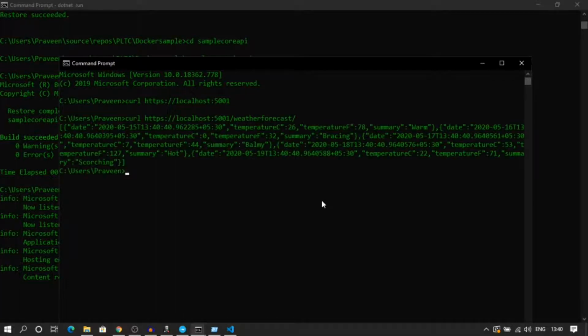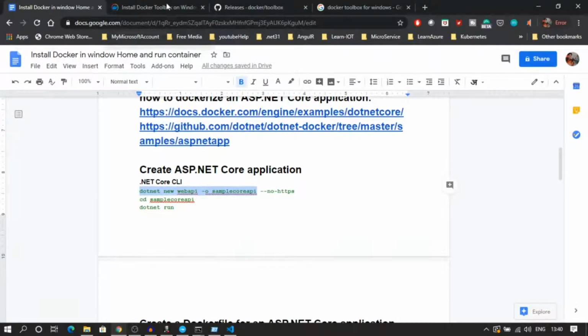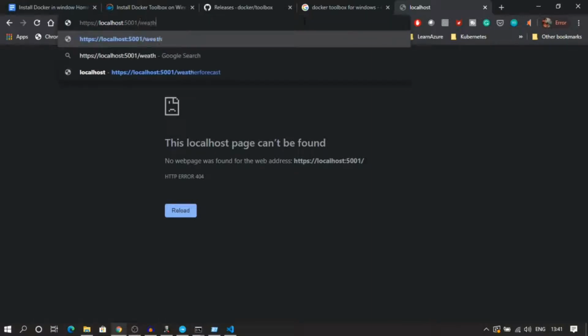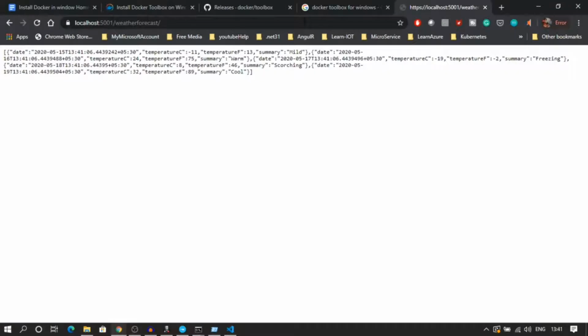So you can see we have data available with us on the web API, or you can do something like this as well. Simply come here and type it in the browser. See, okay, so now the API is running and working, our Docker is running.